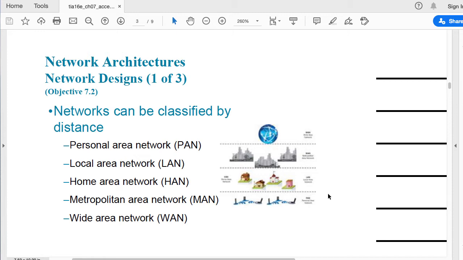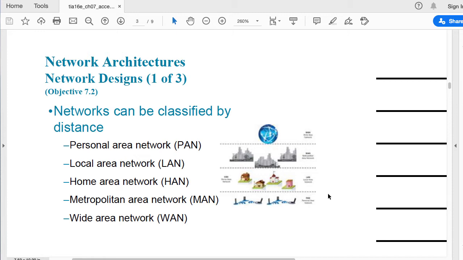So let's say that you have just a network between your smartphone and your laptop. Well, you can have your laptop sitting in your home office and your smartphone in your hand while you are in the living room, right? Well, that's the same distance as, let's say, between your smart TV and, I don't know, your fridge.